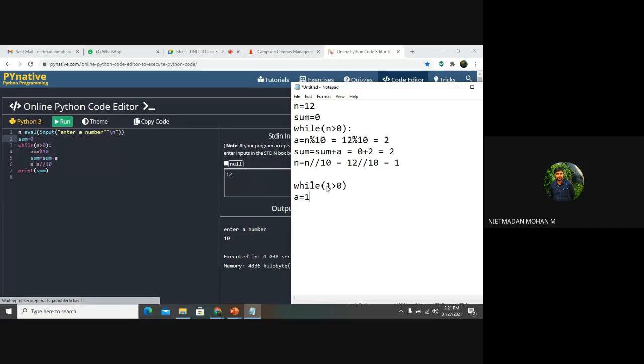Here the n value is 1. 1 mod 10, the value will be 1. So if you can't divide the number by 10, then the same value will be represented. It means that the remainder will be 1. And the next step, sum is equal to sum plus a. What is the sum value?